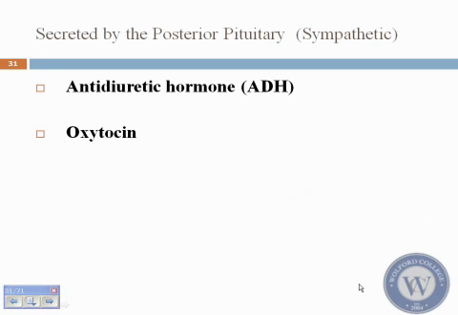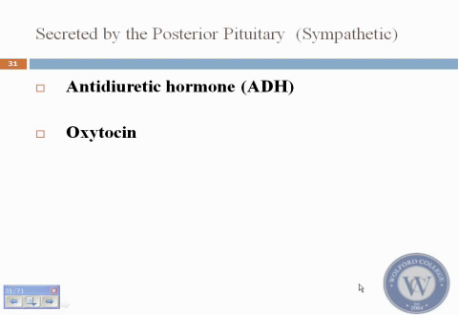The two hormones that are released are where I think most of the money is, in the sense of the knowledge base that you need to know: antidiuretic hormone and oxytocin. We're going to go over antidiuretic hormone again and again when we talk about renal physiology and pathophysiology, because it's very important for the cortical collecting duct cells to hold back water. It's an antidiuretic hormone, which means it's anti, against diuresis. So it's going to hold water in.